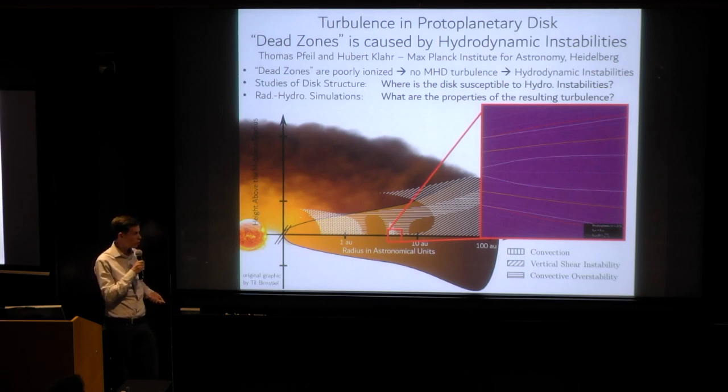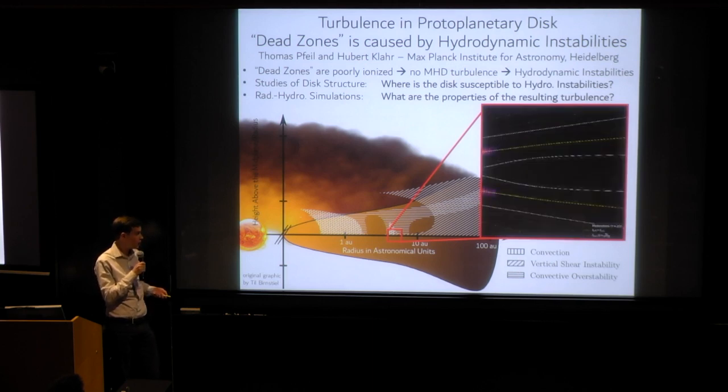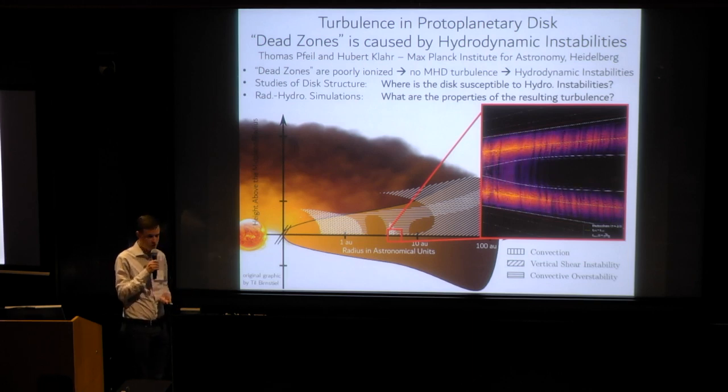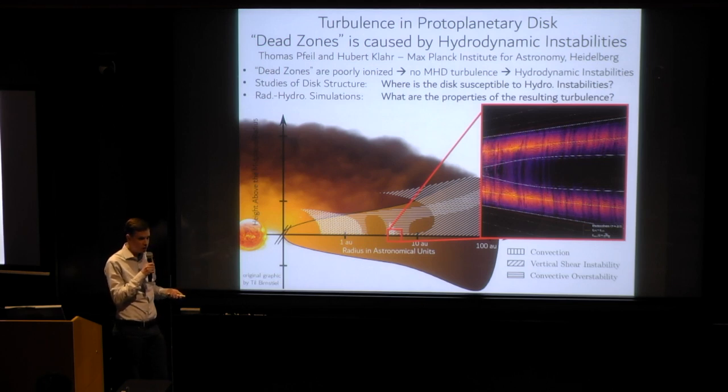So we're using the Pluto code here to simulate the gas motion in the disk, and we study how the turbulence then transports, for example, angular momentum and entropy in the disk. So here you can see a 2D simulation of this little fraction of the disk. And the instability which you see here is the vertical shear instability, and it can only exist where the disk can sufficiently fast cool. And this is why you see the structures emerging.